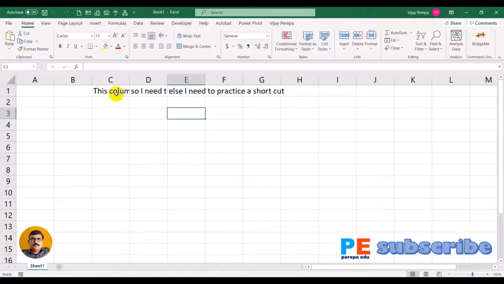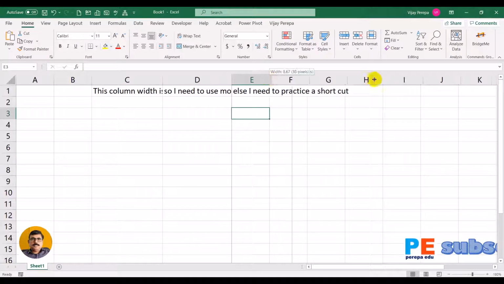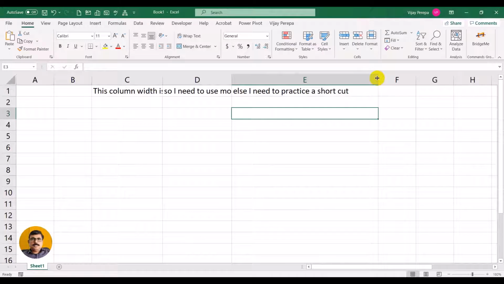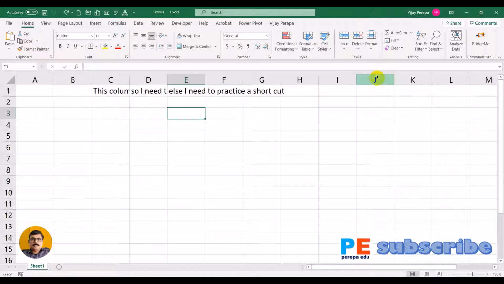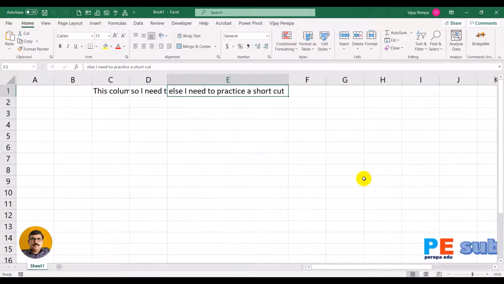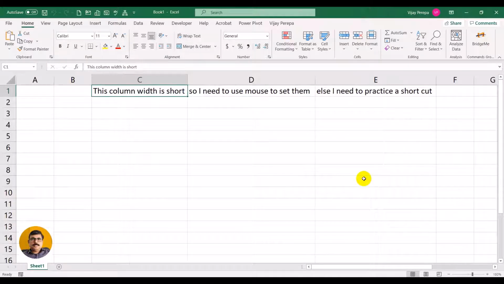Now this is the problem. So what is the habit? They use the mouse, they drag and they drag. So is that a right habit? You need to decide. It will take a lot of time if you have many columns. So I am going to show you one small trick where you just keep the cursor there and the column width is automatically set, and you need to use a private sub procedure.